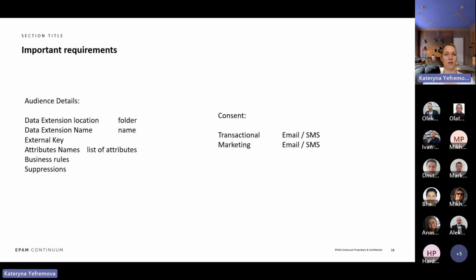we for sure have to check. It's the data extension location, whether it exists or not. We have to understand where a client wants to see this location, and the hierarchy of the folders and everything which already exists in Marketing Cloud. Then we usually want to understand the data extension name, because as I said, each data extension is usually used for particular purposes. External key, attribute names, list of attributes,